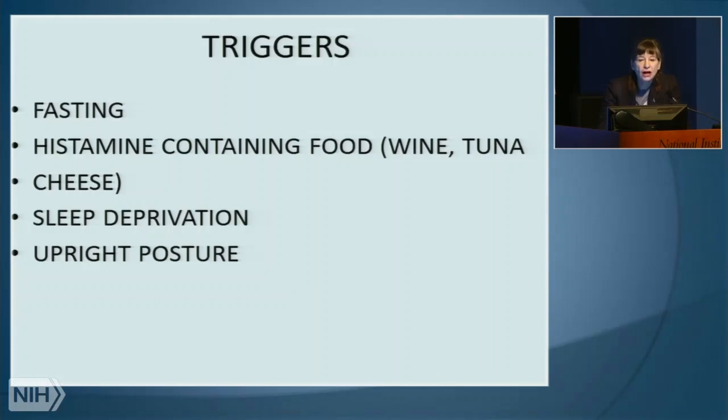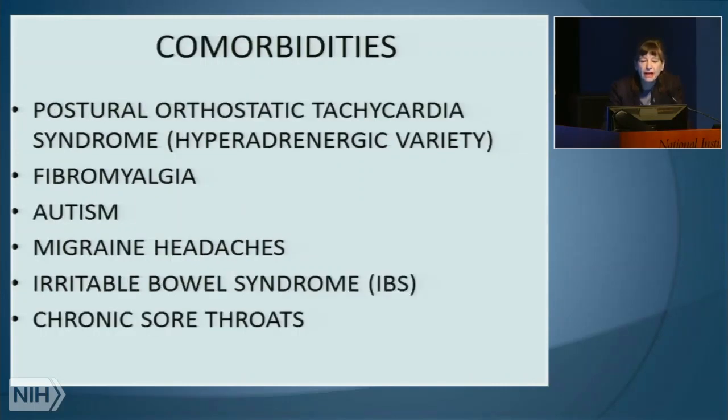Some other triggers that elicit mast cell activation are fasting, certain histamine-containing foods, sleep deprivation, and upright posture, which is likely linked to some degree, as Cindy talked about, to POTS or cardiac autonomic dysfunction. Now, some comorbidities, again, we're seeing this pattern of all these comorbidities that we see very clearly in our ME patients. The postural orthostatic tachycardia, most commonly the hyperadrenergic variety, which will be talked about in the case I'm going to present briefly. Fibromyalgia, autism, migraine headaches,